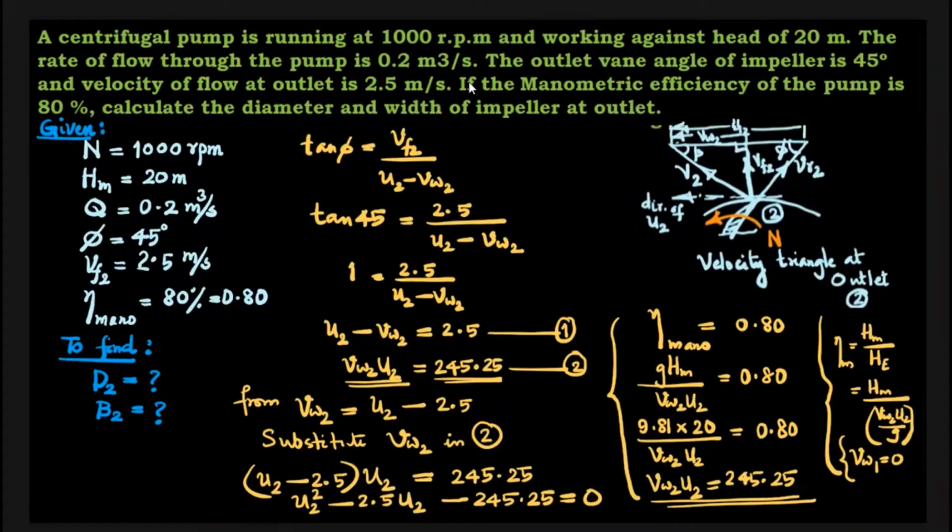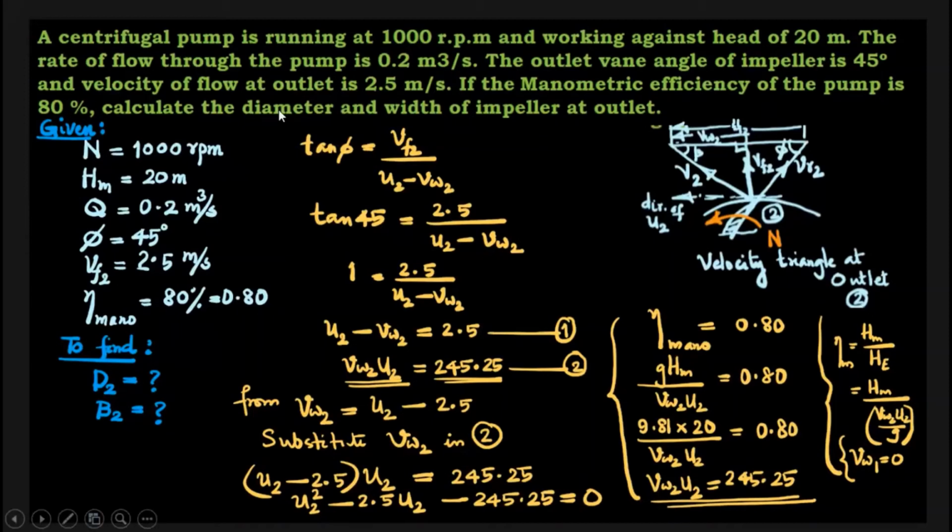See, for domestic purposes, we normally use pumps which have discharge in the range of 1 to 2 liter per second. Okay, the practical feasibility is a real concern when we solve these kind of problems. You should be in a position to comment on the answers also. And it's not that you know an equation, you substitute the values and get an answer and present that, and you have to understand whether such a value is practically feasible or acceptable. Okay, so we'll proceed now.